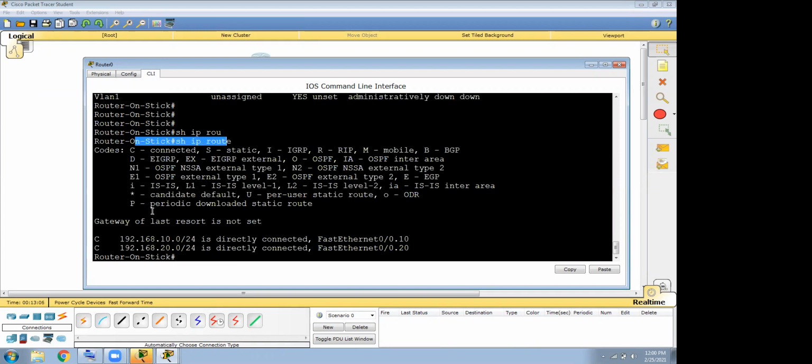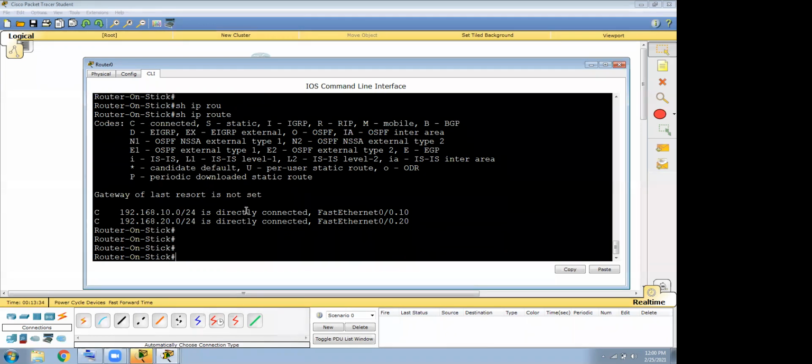By default, what the router will do is store all its directly connected networks. Right now, how many networks are connected directly? The 10 dot network and the 20 dot network. So the default behavior of the router is that it stores the routes of the networks which are directly connected. Right now, 10 and 20 are directly connected to the router. That's why you are seeing them in the routing table.